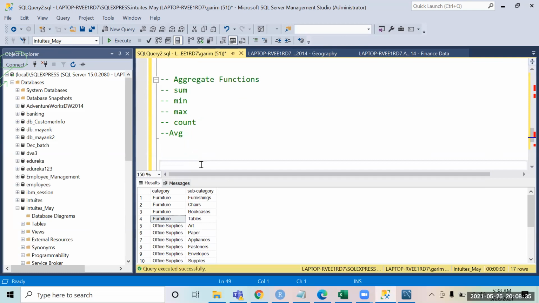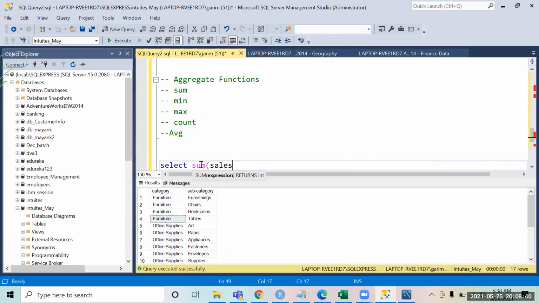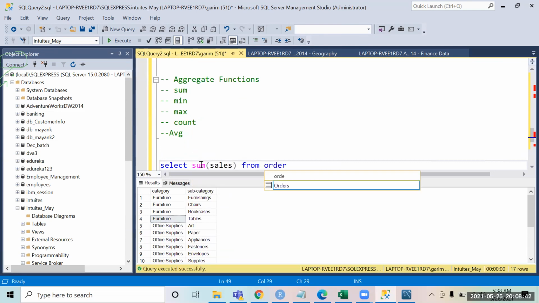Suppose I want to find the sum of sales, so I can say select sum of sales from orders.